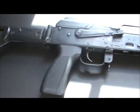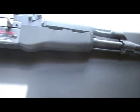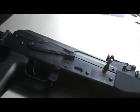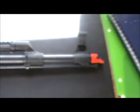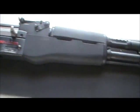So we're back with the Real Sword Type 56-2, and I'm going to give you a little background knowledge on the gun. After World War II, when the People's Republic of China were close allies to the Soviet Union, they adopted some of their styles of guns. One was the semi-auto SKS carbine, and the other was the Kalashnikov AK-47. The Chinese then copied the basis of the Soviet AK-47 and called it the Type 56. But the only differences other than the name was the fact that the markings on the gun were in Chinese, not Russian. Nowadays, Sri Lanka uses the Type 56 in the military. The reason why this is a Type 56-2 and not just a Type 56 is because of the side folding